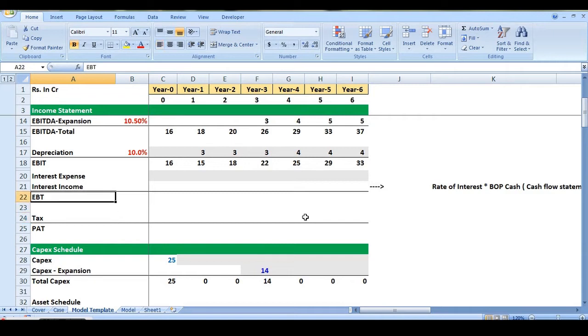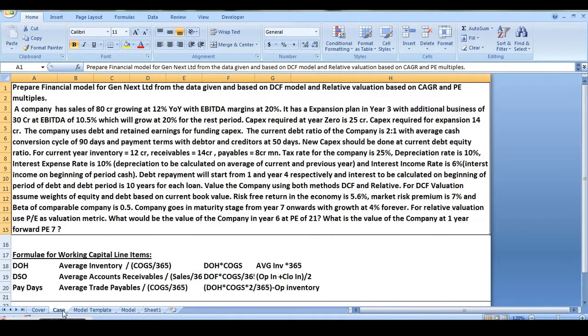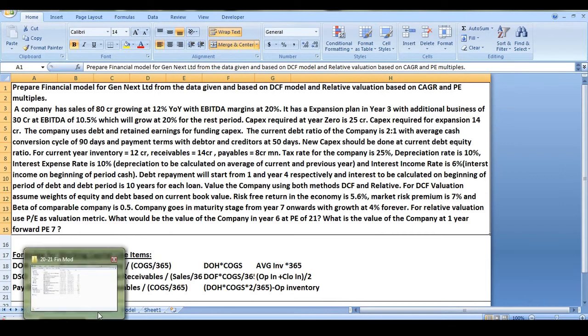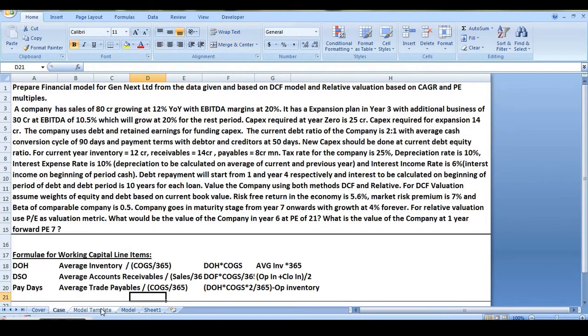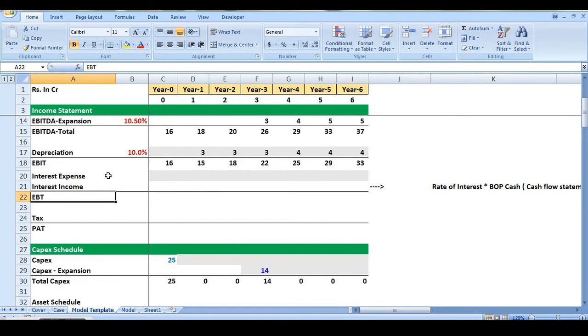In this case, if we see, we have interest expenditure as well and we have interest income as well. Interest expenditure rate is 10% and interest income rate is 6%. So we make both the labels into our income statement and try to calculate the interest expenditure and interest income